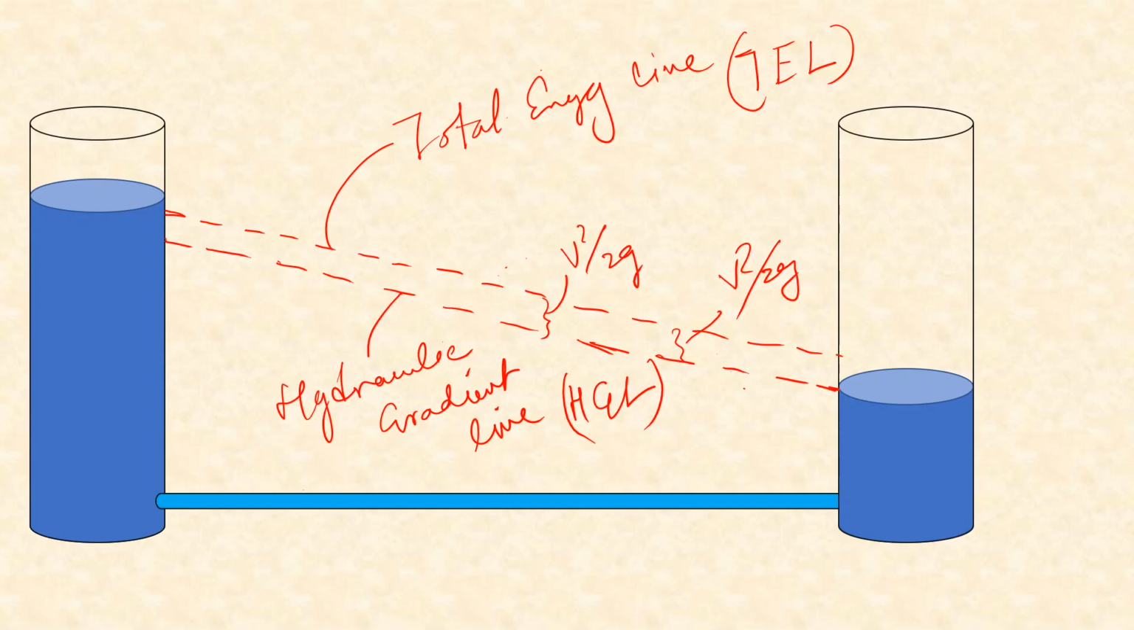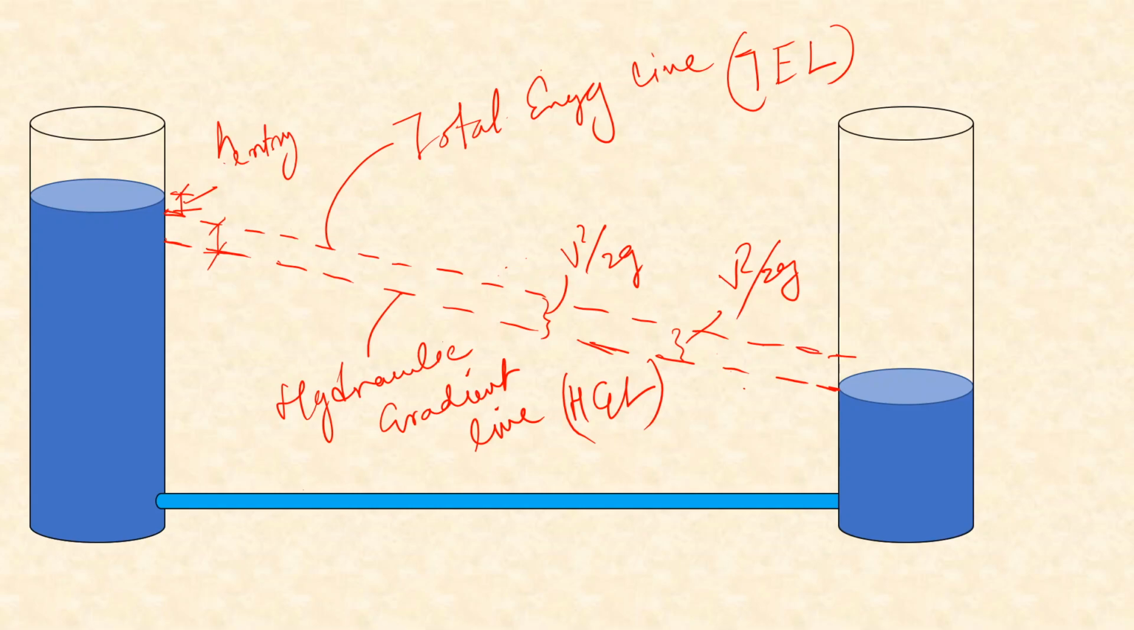Now let's revisit this again. You can see that as soon as the water enters the pipe, at this point, we have already lost some head, which is the entry loss, and the hydraulic gradient line representing piezometric head is slightly below the total energy line, and at the end